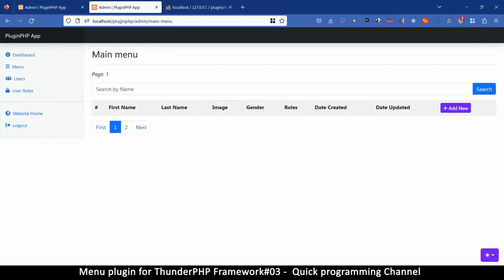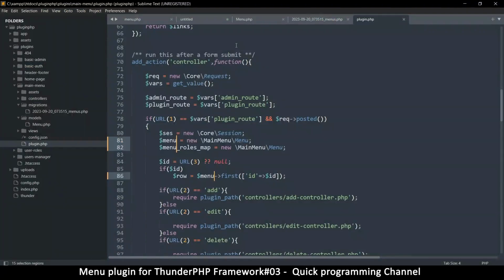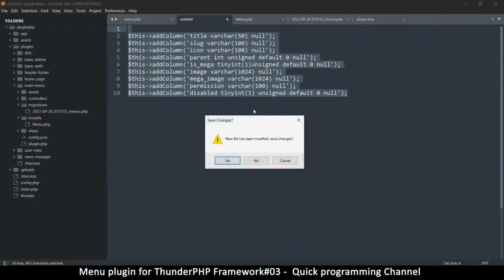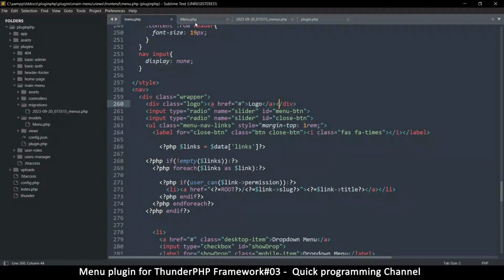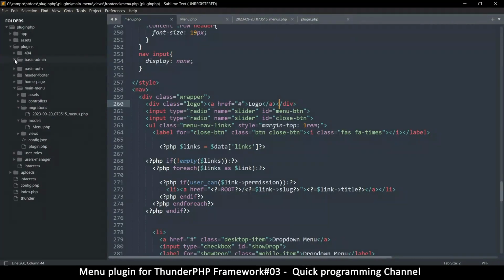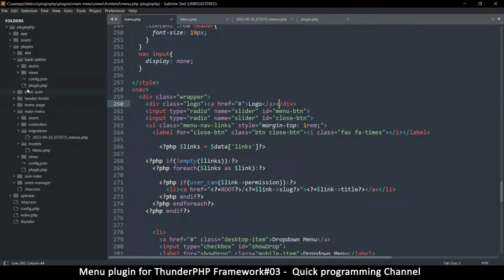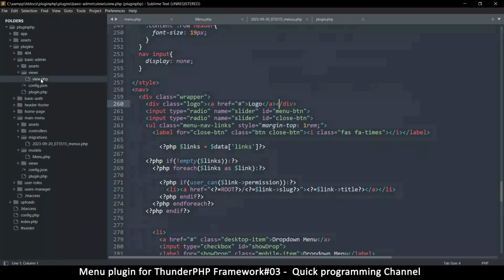Now remember that we do have a hook here, a filter for this title. I think we added this in the main admin thingy here. So we can edit what is written here. Now just to remind you or refresh your memory here, let me close what I don't need here. Let me refresh your memory a little bit. If we go to the basic admin plugin here, if I go to the views, and that's the view right there,